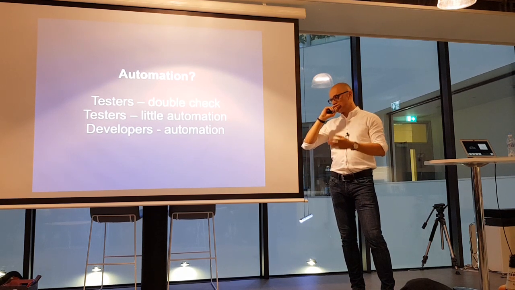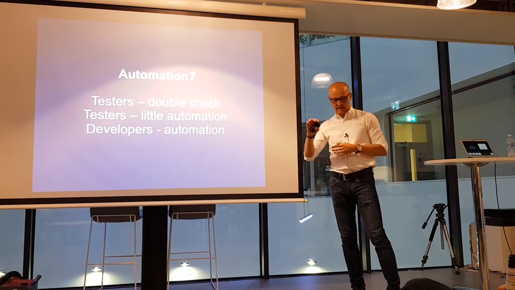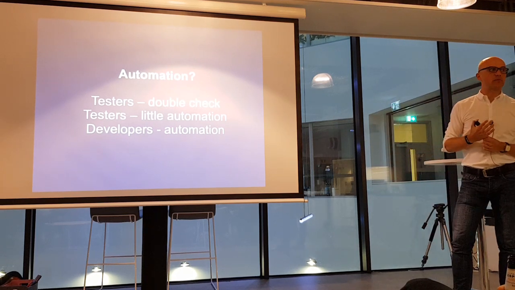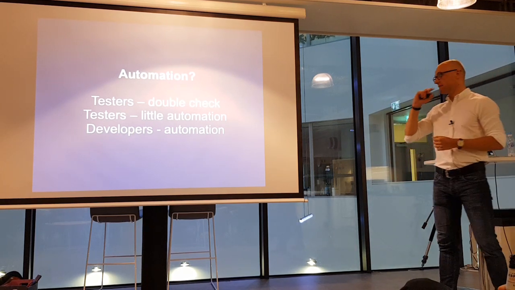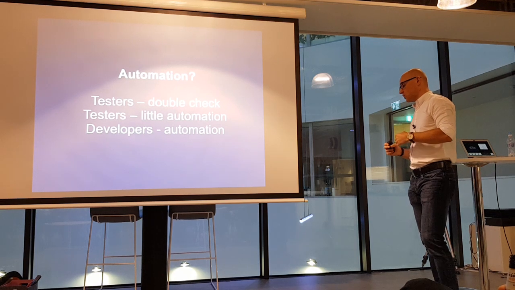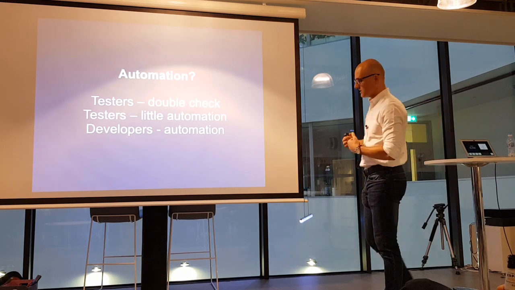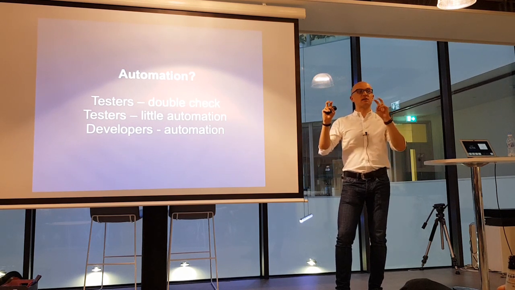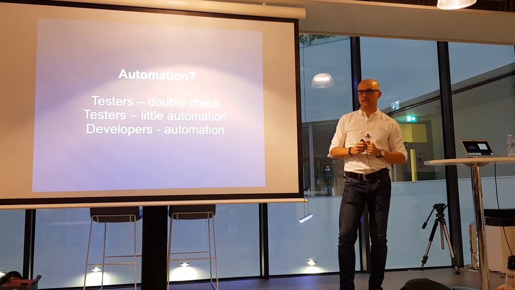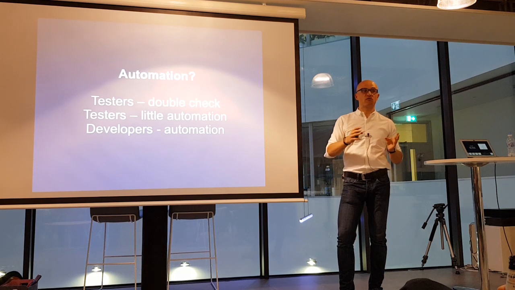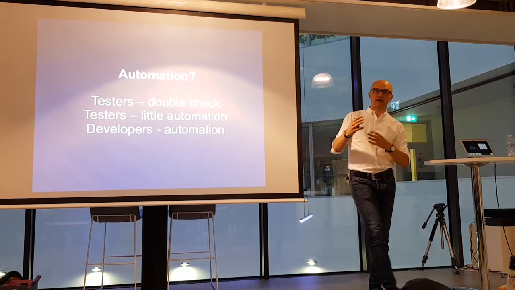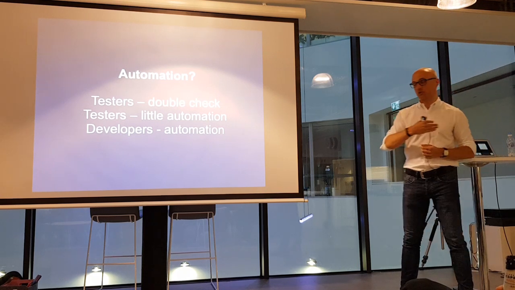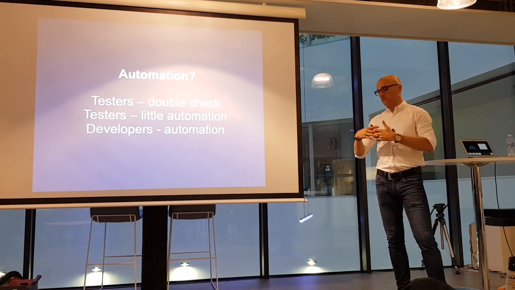And one more thing you've probably noticed was that in this case, the testers wouldn't do much automation. The way the QA process in this organization worked was that the testers would be kind of double checking what the developers have done, and most of the time finding a lot of very important bugs or misalignments to what was actually supposed to be delivered versus what was delivered, and working very closely.